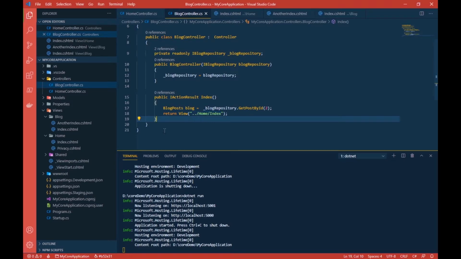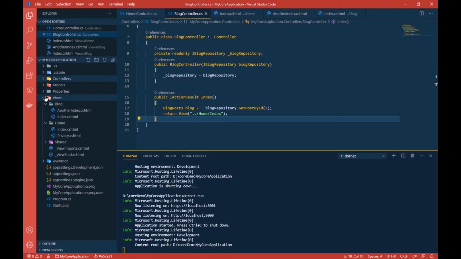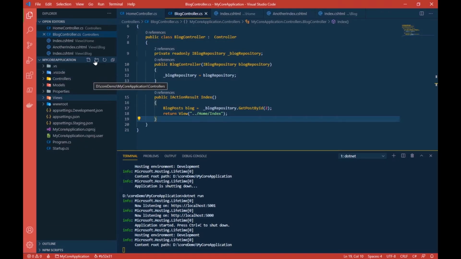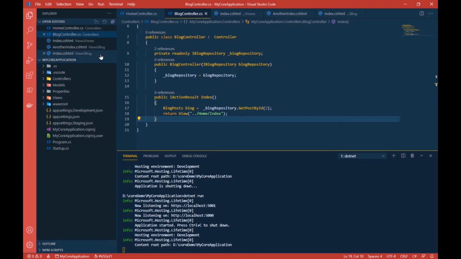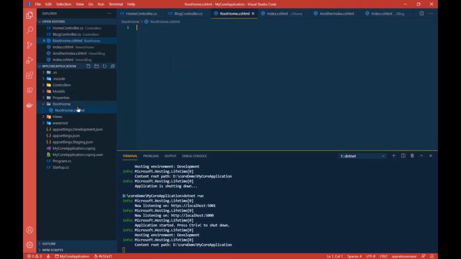Simple. Now you say, no, I don't want view from this views folder itself. I want views from some other folder outside of this view. So that is also possible. Let us create another folder which is in our parent directory, and let's name it something, whatever, like root home. Okay. Now inside this, let's add another view. Let's call it root home.cshtml. Okay. Now in this, I'll write just a header. So I've just written, return this root home and nothing else.